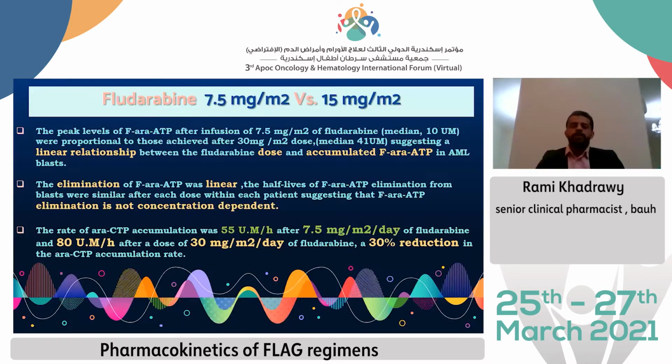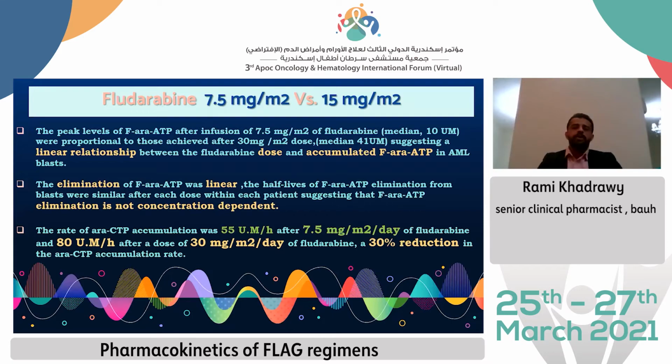To further titrate the dose below 15 milligram per meter square, the study used a test dose of 7.5 milligram per meter square of fludarabine, and a further titration to 5 milligram per meter square. Here, the peak level of FRTP after 7.5 per meter square of fludarabine was in proportion to the dose achieved after 30 milligram per meter square. The 30 milligram achieved a median of 41 micromole, the 7.5 achieved in 1 patient 10 micromole,